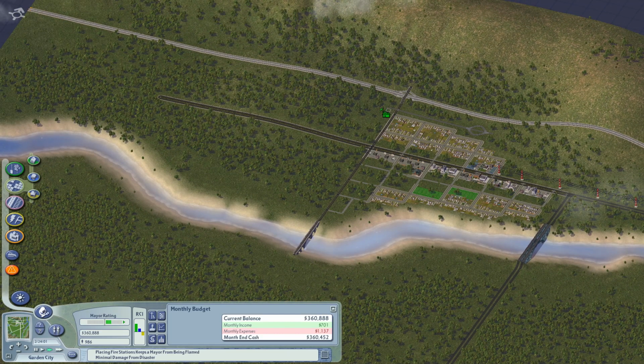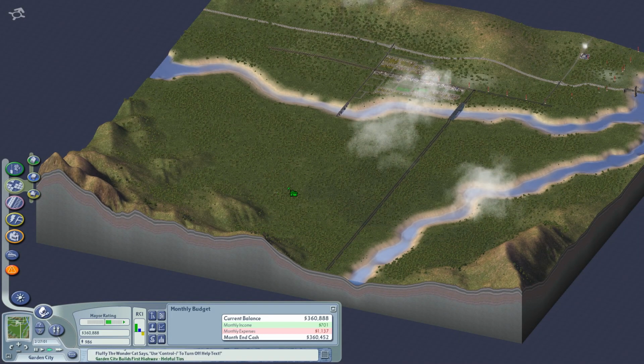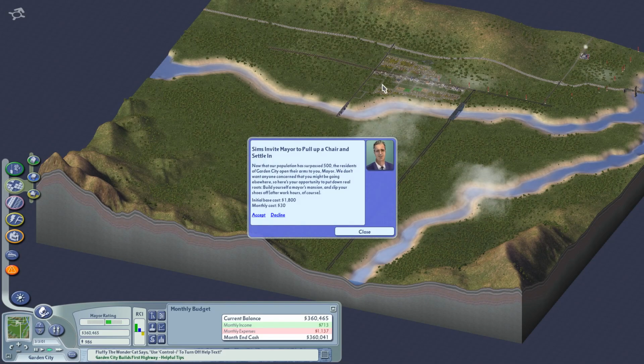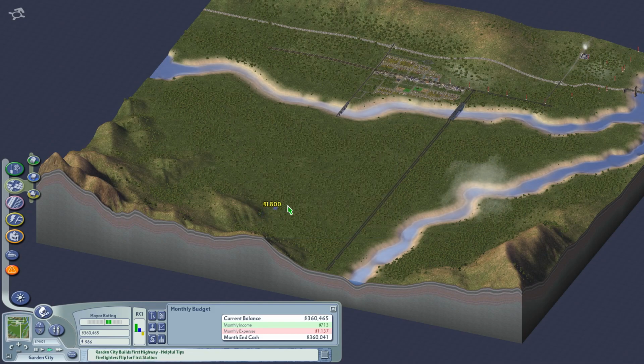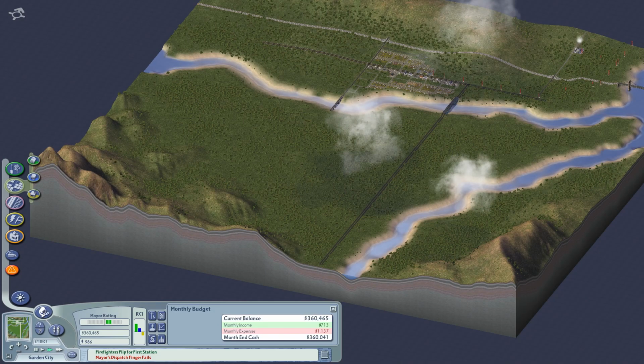I guess I would like to maybe bring a rail line down, because that would allow me to connect up the residential zones around here and they could hop on that and then go to the commercial downtown. And it looks like I just got myself a house. Goody goody. And then maybe I could run out town here. So yeah,